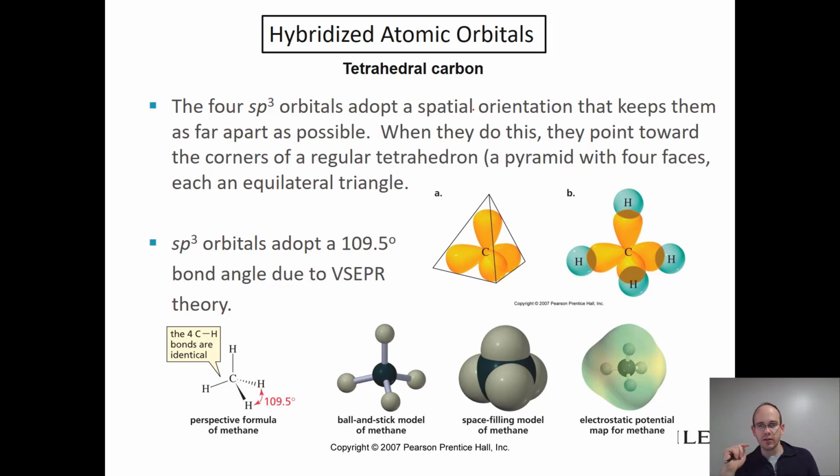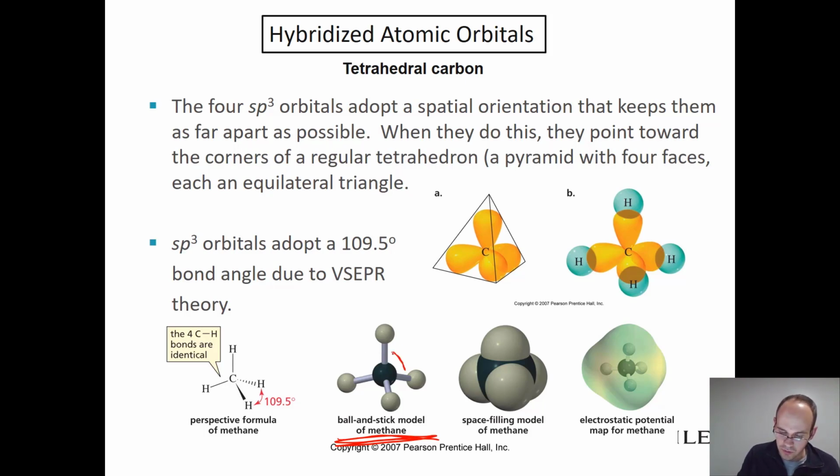And if you take those 4 regions of electron density and you spread them out as far away from each other as possible, you get an angle of 109.5 degrees between each one of those electron groups. And this is basically a tetrahedron. So this is a ball and stick model, right? And this kind of shows, right, that angle